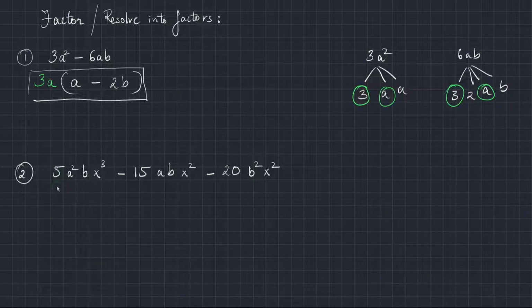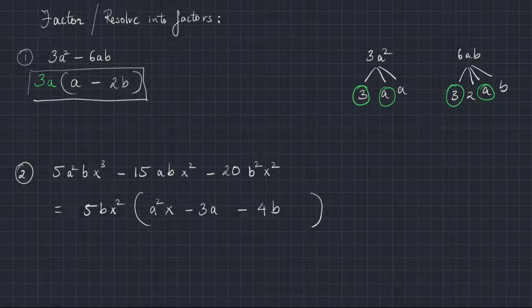So, our first goal is to figure out what is the greatest common factor. Now, I recommend you pause the video and try to figure out what the greatest common factor is yourself. Ready? Now, if all your calculations were correct, you should have got the greatest common factor to be 5bx squared. Now, how do we use this to factor this? Same as above, we pull it out of the expression and divide the first term by 5bx squared. Doing so yields a squared x. Dividing the second term by 5bx squared, we get negative 3a. And dividing the third term by 5bx squared, we should get negative 4b.